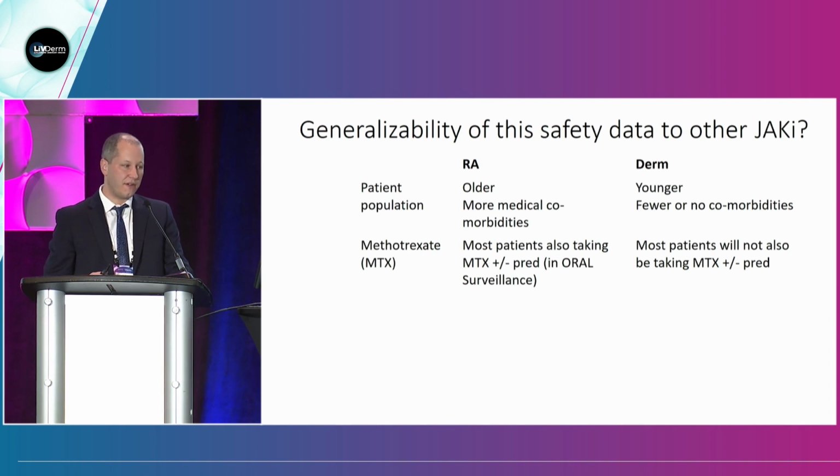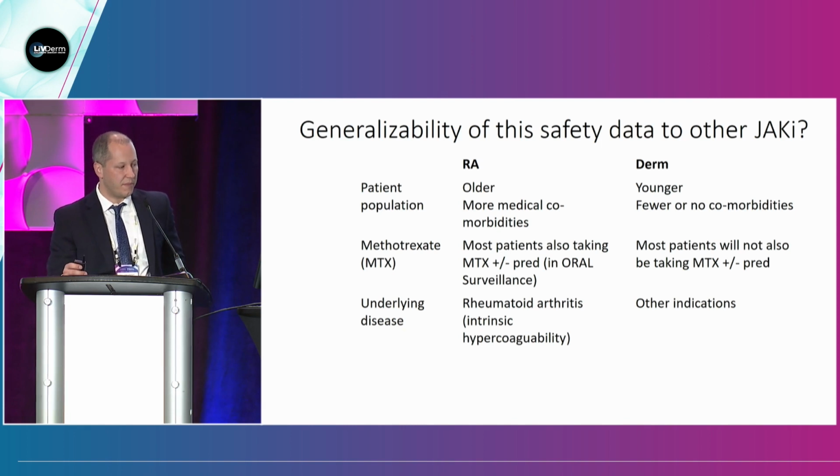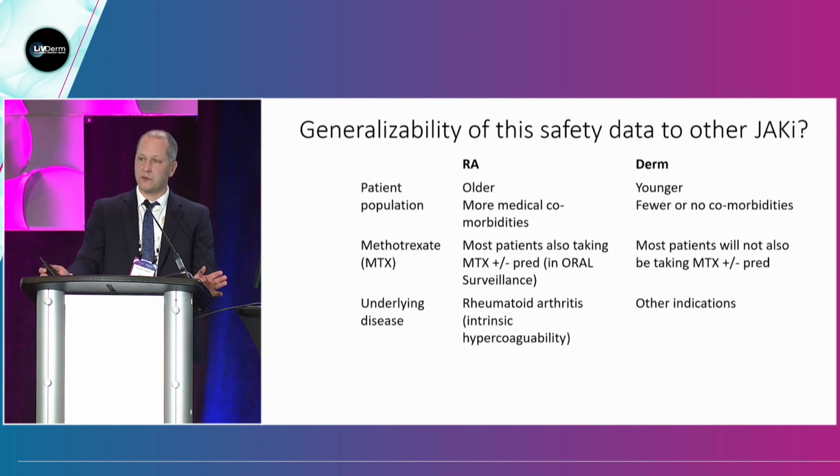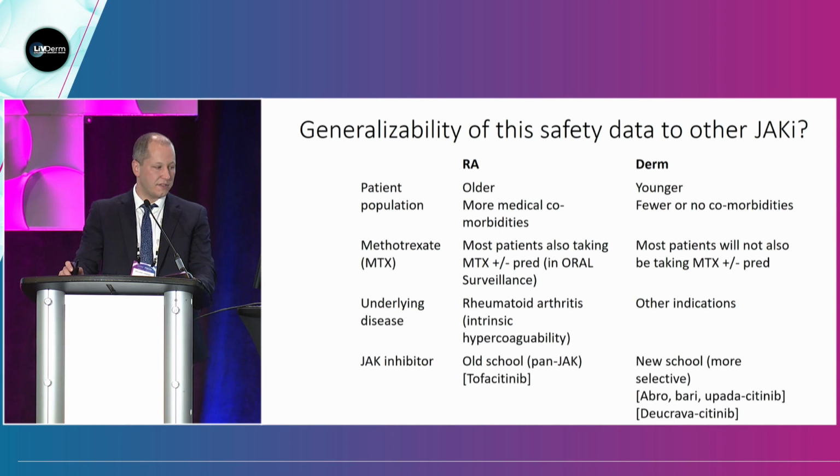So we're not only studying the effect of tofacitinib, we're studying the effect of tofacitinib plus methotrexate, and oftentimes plus oral prednisone. And so if we're thinking about designing a scientific study, it's probably not the best study design because it's really a confounding factor. And for most of our dermatologic patients, they probably will not be taking these medications as well, certainly probably not both of them. These patients are rheumatoid arthritis patients, and so there is some intrinsic hypercoagulability, which is a side effect that a lot of people have been concerned about, rightfully so. And so that's important to recognize as well.